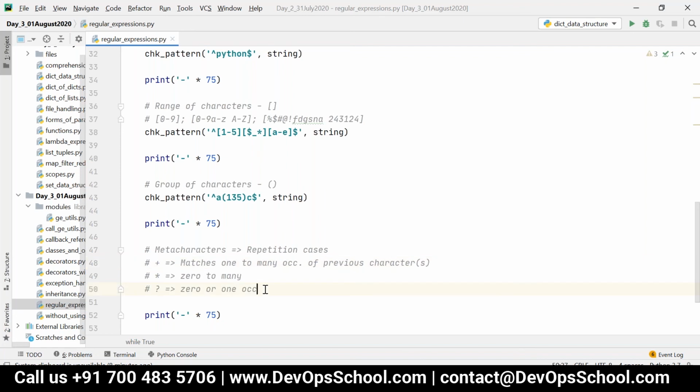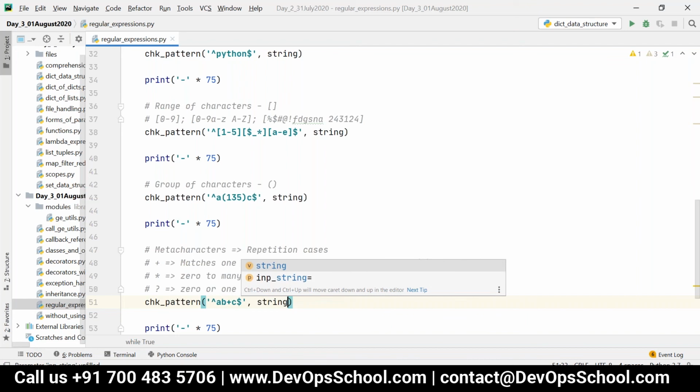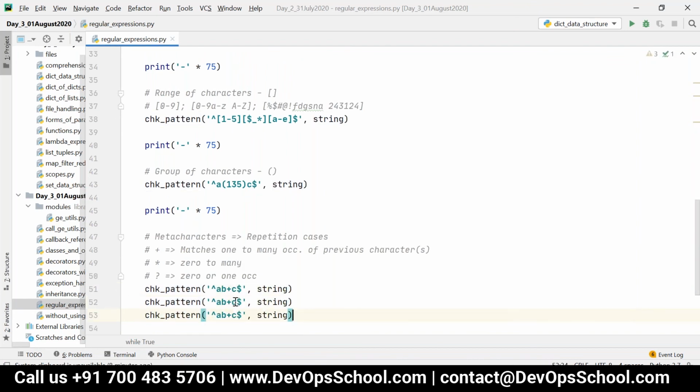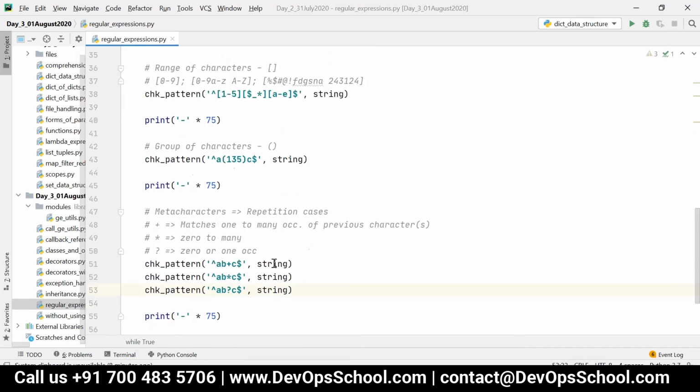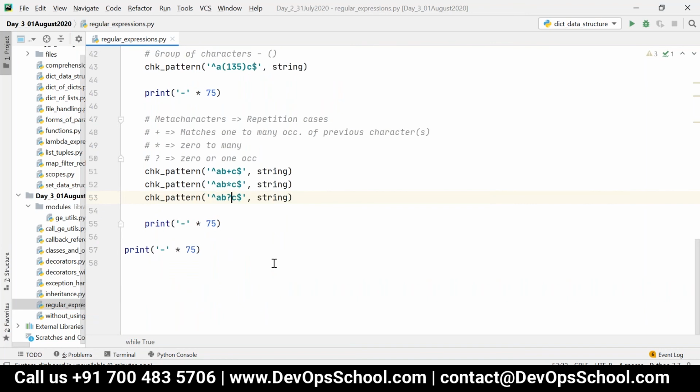So if I say, let me just have starts with A, B plus C, dollar, comma, string. Okay, so now let me give something like this: AB star C and then AB question mark C. So in this case, what will happen?